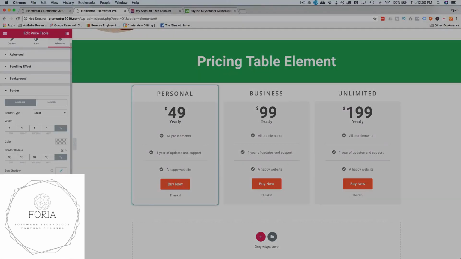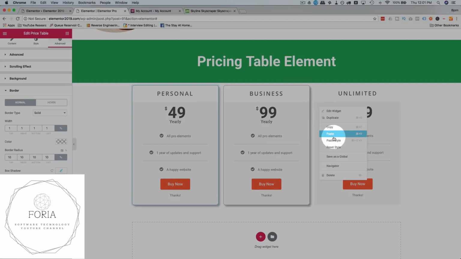Give it a box shadow. Let's go this way. And this way. The color, add a little more transparency. And make the box shadow not so big. So there we go, nice little shadow. It's looking pretty good. Now we can copy this again. Let's copy and then paste that to the others. And now we have